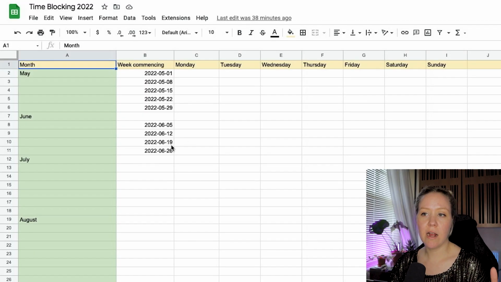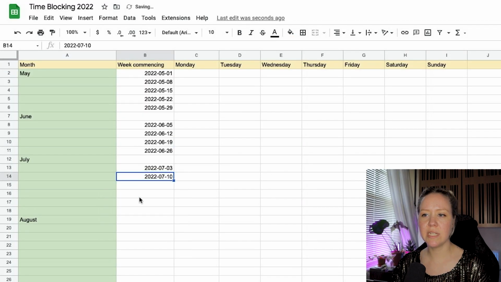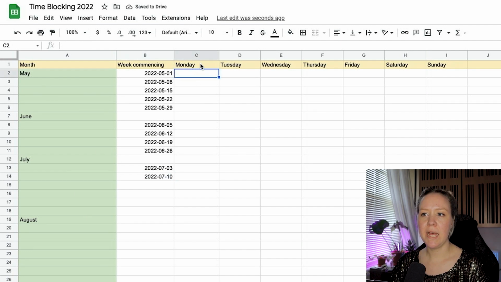What I suggest for you and for myself and everybody, make a time blocking plan where you separate convergent thinking, divergent thinking, and learning to different times. So for example, here I have a sketch. I can just add easily the month, the week commencing, and then I have here Monday, Tuesday, Wednesday, Thursday, Friday, Saturday, Sunday. So I can make plans here.